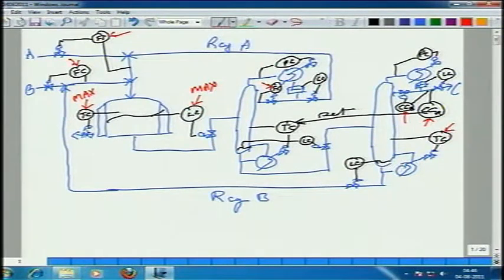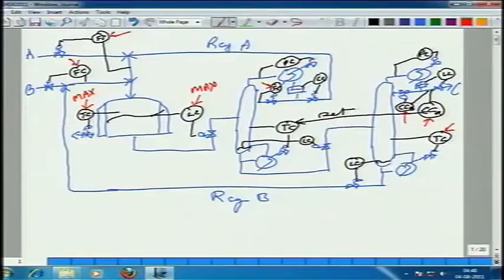See, why do you want to prevent C from leaking down the bottoms? Because it unnecessarily goes round and round and round, right? There is a cost associated with circulating something round and round. What is the trade off? If you try and do a very tight separation, that means you want essentially no C leaking down the bottoms. What that will do is it will jack up your boil up, because you do not want any C leaking down. As far as you are concerned, 1%, 2%, 3%, even 5% C is okay.